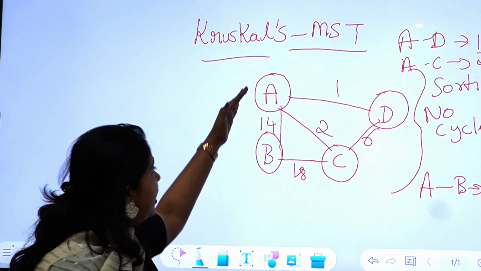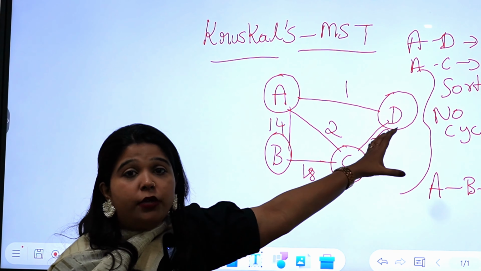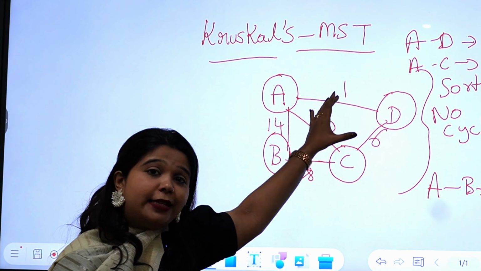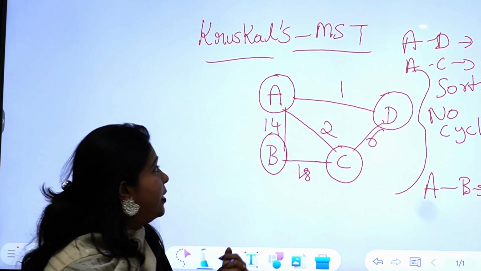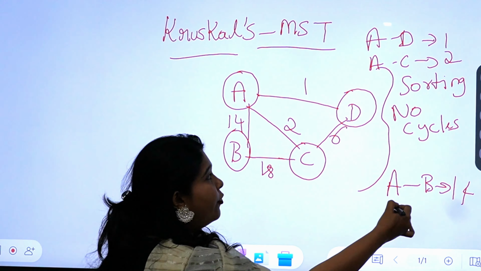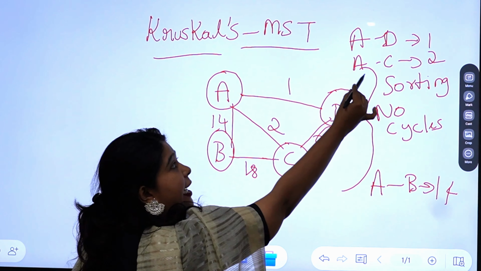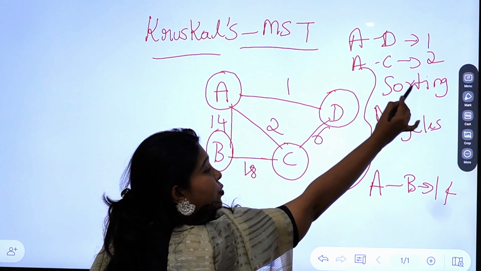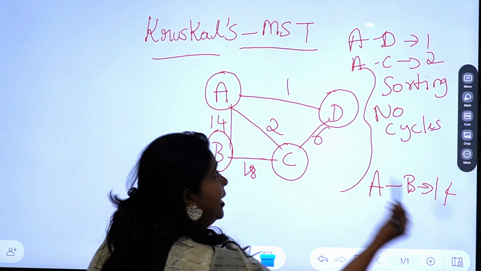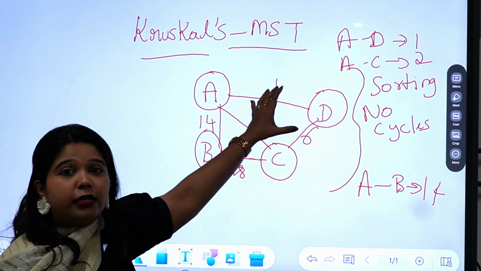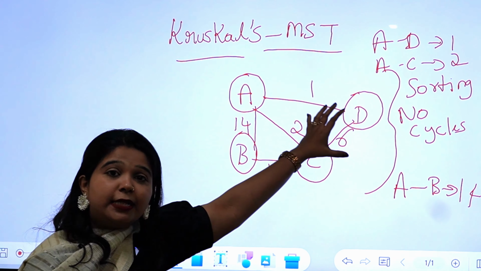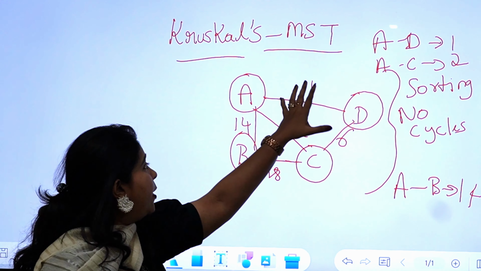Make sure that we traverse across all the nodes, and all the nodes are considered for building the minimum spanning tree. For this given example, these are the paths which we would consider: A to D 1, A to C 2, A to B 14, and we have excluded the other path which would form a cycle. So this is one possible MST which we got from this particular graph.